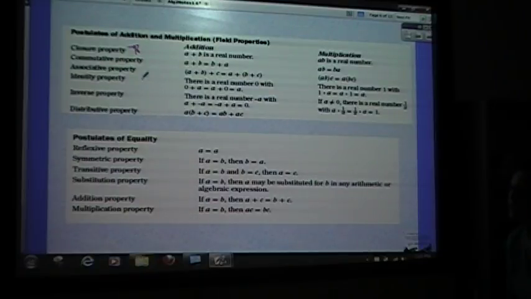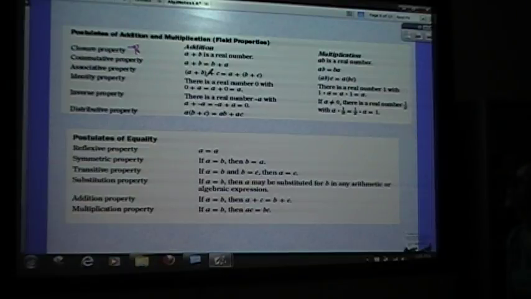Associative, who do you associate with? Who do you group with? This is about grouping symbols. This is using parentheses. Identity is saying there's two special numbers that give you what you started. With addition, it's 0. With multiplication, it's 1. And we talked about that when we did dimensional analysis. Inverse property saying there's some special numbers that can get you back to those zeros and ones, and those are called the inverses. Negative A when you add, and 1 over A when you multiply,